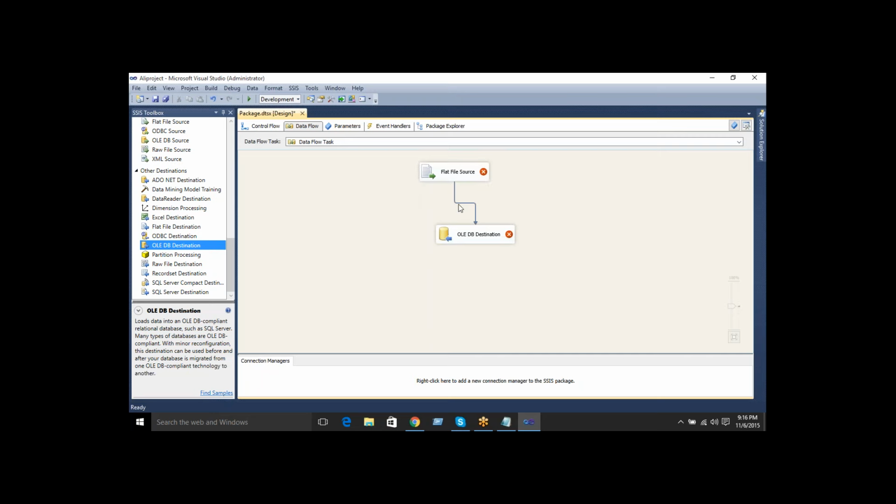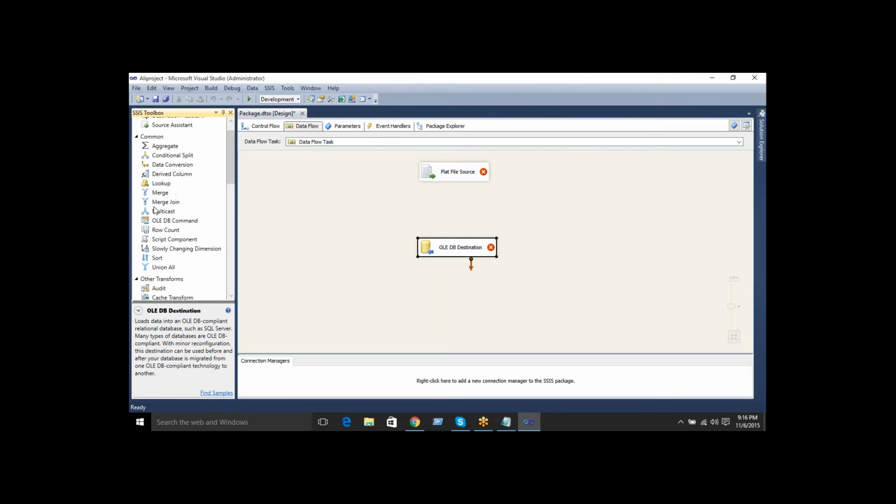For example, I delete this link. Out of the 100 records, I want to load only some records using a condition, such as less than or greater than, and load only the remaining records into this destination. In that case we have to use a transformation based on your requirement.